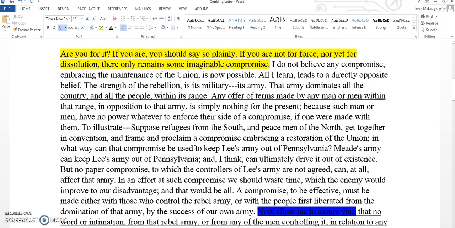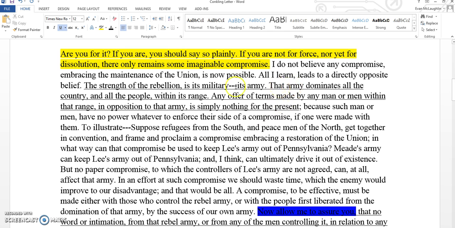Now, as Alan Guelzo notes, Lincoln uses prolepsis a lot, going all the way back to his Lyceum address. And he uses it very, very effectively because it almost strikes up a conversation in the reader's mind. And here we see Lincoln saying, okay, if you're for crushing the war, okay, great. If you are going to try to stop the war and leave the Union divided, I'm not in favor of that. He's saying, all right, that leaves us with a third option, which is compromise.